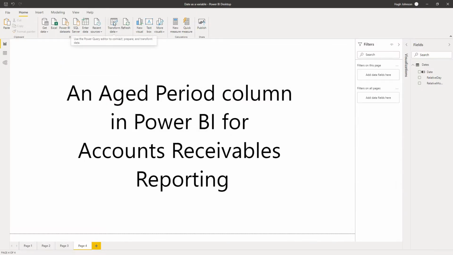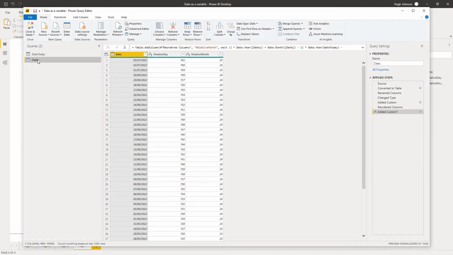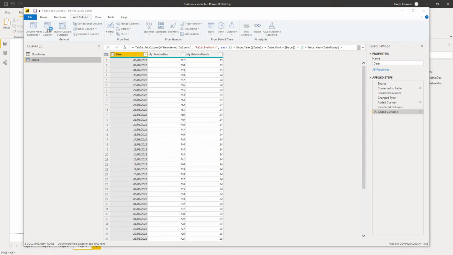So we go over to Power Query and we take a look at our date table, and previously we had created our date column, a relative day column and a relative months column, and we're going to add to this an aged period column. Now there's a trick to this, because actually we want the aged period column and we also want an additional column which would be the aged period sort order. So it's actually very simple. With the relative day column that we've already created, it's very simple to do. So add a custom column,